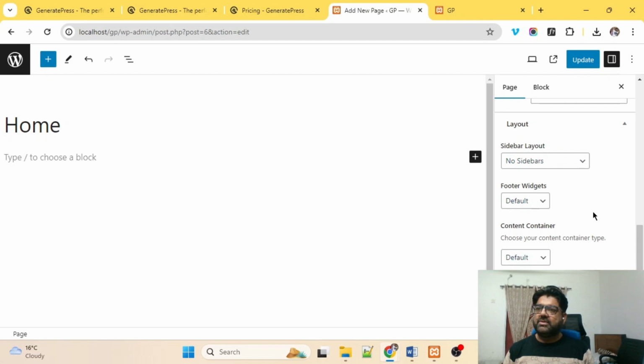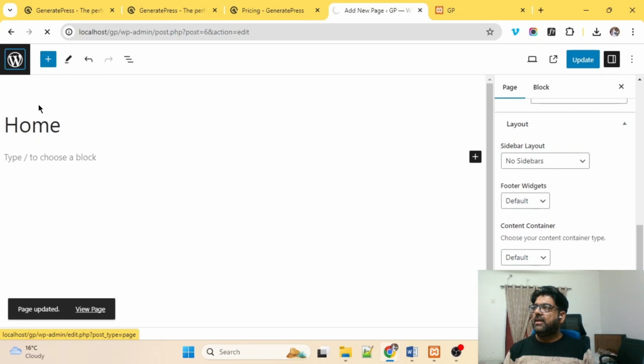And similarly, if you scroll a little more down, then you can see there is an option, disable elements, which is content title. So I will click on this option as well for this page. Then I will click on update. After that,